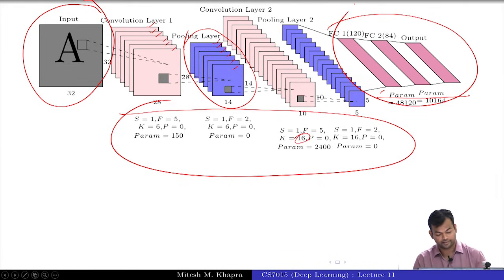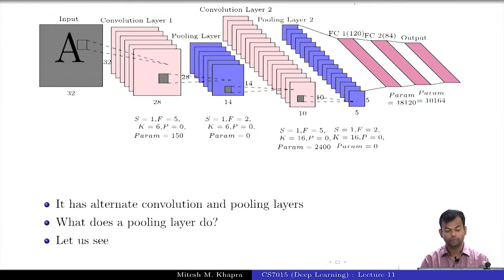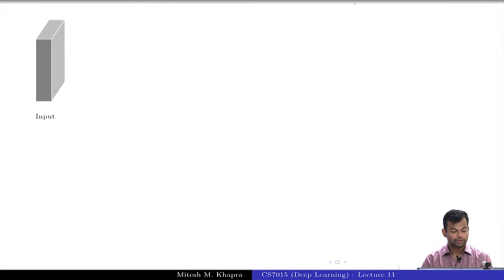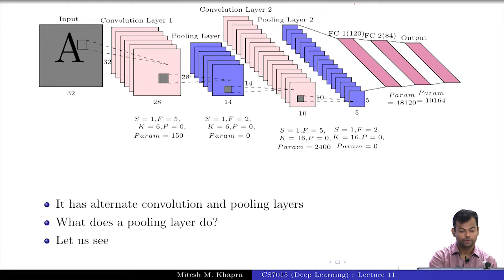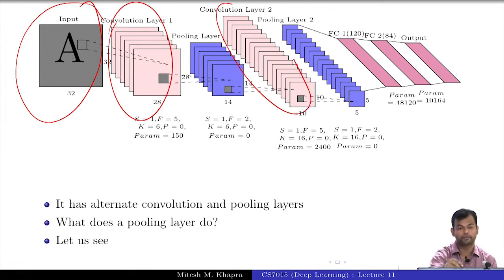Okay, now let's dive deeper into what pooling is. What does the pooling layer actually do? Here's your input. Again, it's a volume. When I say input, you should not just think of the input as this. Remember that all of these can be inputs. At every stage, once you have got an output, for the next stage that becomes the input. That's typically how it was even in the feed-forward neural network: once you compute a hidden representation, that's the input to the next layer.